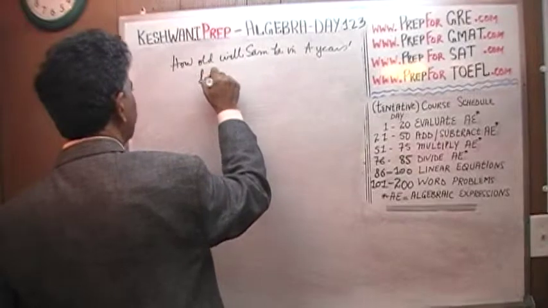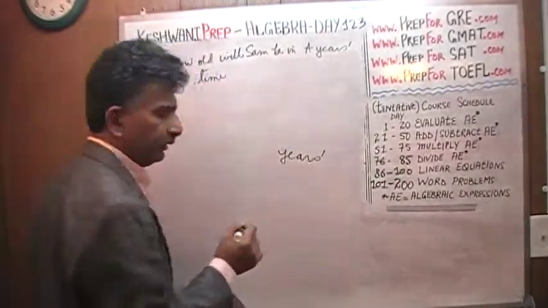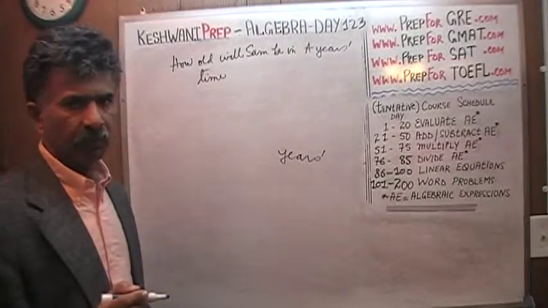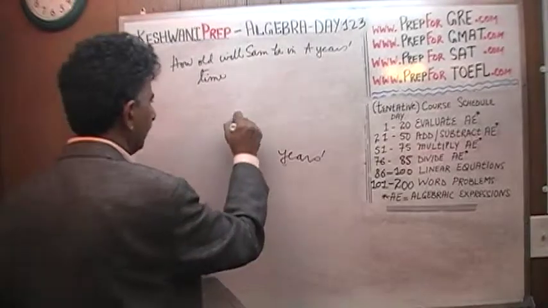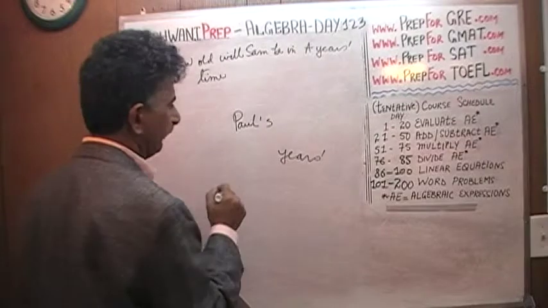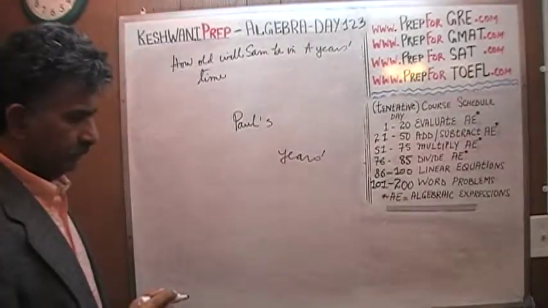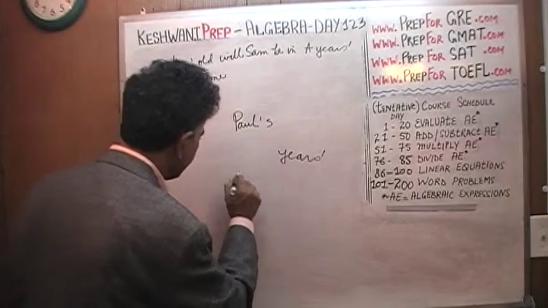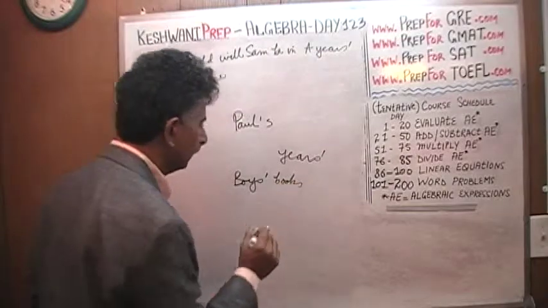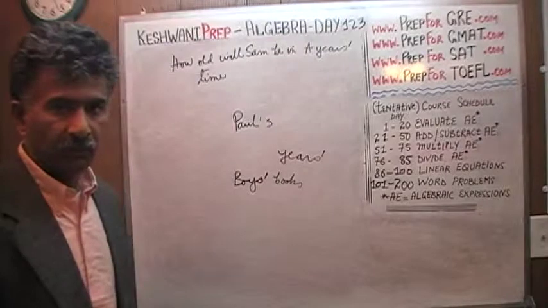In a year's time. And for those of you who do not understand what I'm doing here, that's the apostrophe. You need to have it, and it has to go after the S because it's plural. For example, you would say Paul's, and if it's plural, I can't think of anything plural with the possessive, boys, there you go. Boys' books, with the apostrophe going after the S, means that we have more than one boy, and